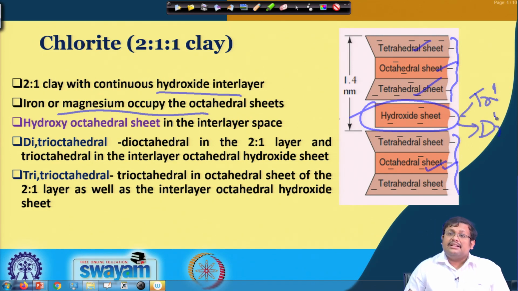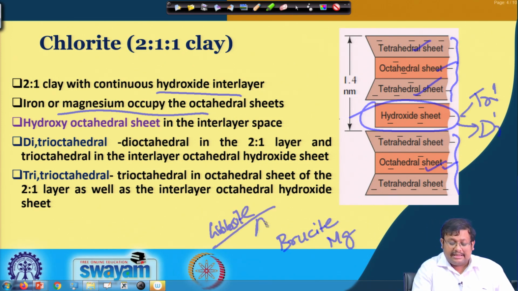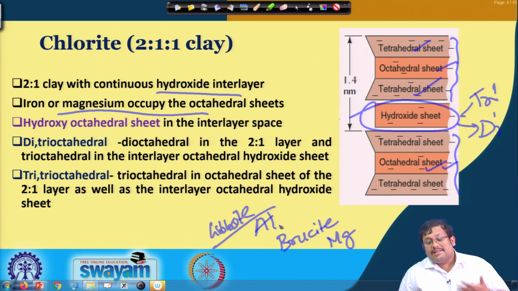If it is trioctahedral, it is known as the brucite layer, where the hydroxide sheet is dominated by magnesium, whereas if it is a dioctahedral hydroxide sheet, then it is known as gibbsite. In the dioctahedral, it is dominated basically by aluminum. So, these are two types of hydroxide layer which can come in the interlayer space of the